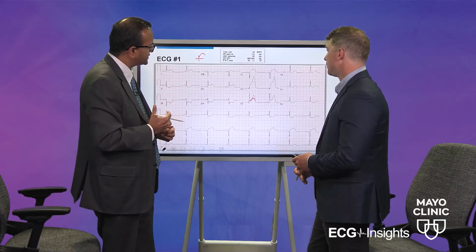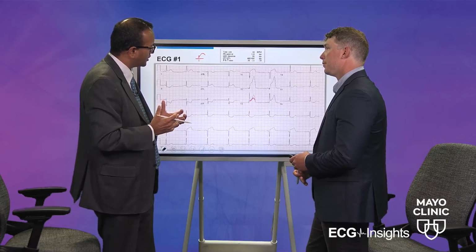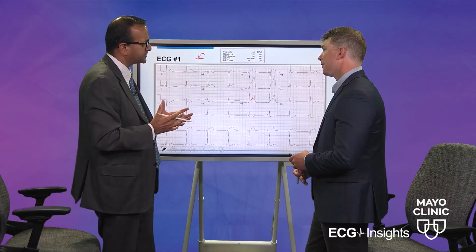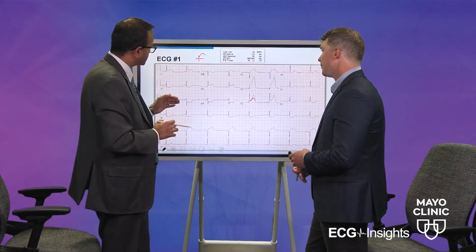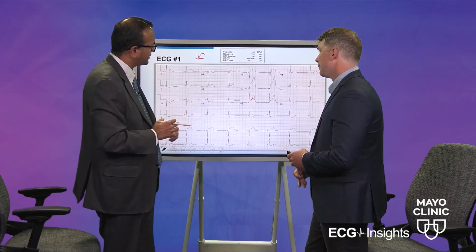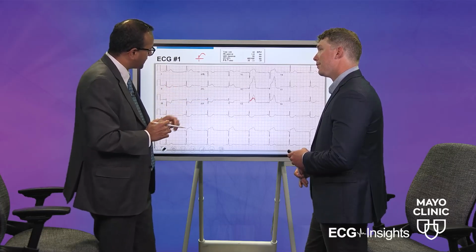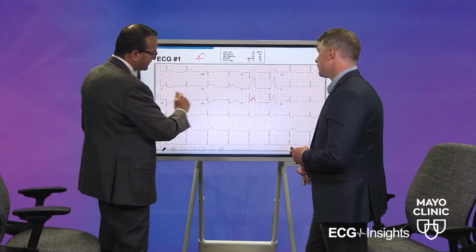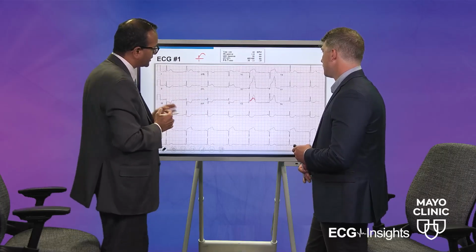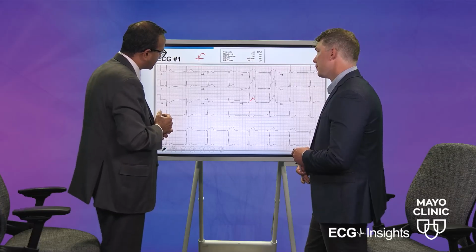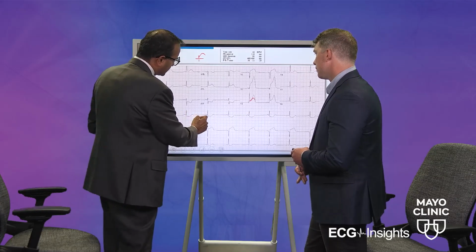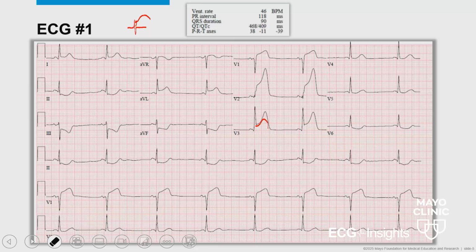And when an inflammation occurs, more often than not, it is not very partial that I'm just going to affect the anterior wall and leave the inferior wall alone, or I'm just going to affect the inferior wall and leave the anterior wall alone. So whenever you have pericarditis type ECGs, you will get diffuse ST segment elevation all across your leads. And another thing, typically you would see that the PR segment is downsloping.